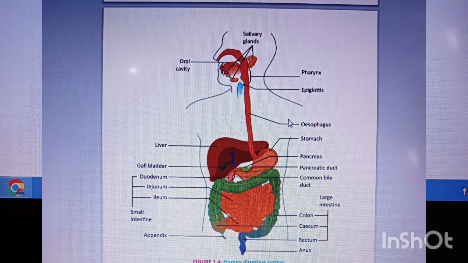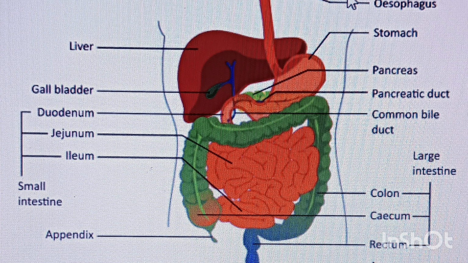Next, students, you can see in the diagram that this is the complete human digestive system, which started from the oral cavity. Next came the pharynx. We studied the function of the epiglottis. This is the food pipe or esophagus. This is the stomach, and along with it is the pancreas. Secretions coming from the liver, pancreas, and gallbladder enter the small intestine through the common bile duct. These are the parts of the small intestine: duodenum, jejunum, and ileum. Similarly, we will also discuss the large intestine, colon, cecum, rectum, and then it ends at the anus. When we study the